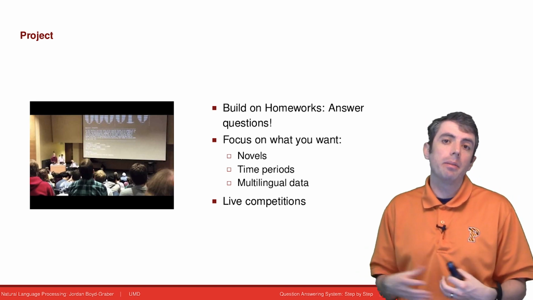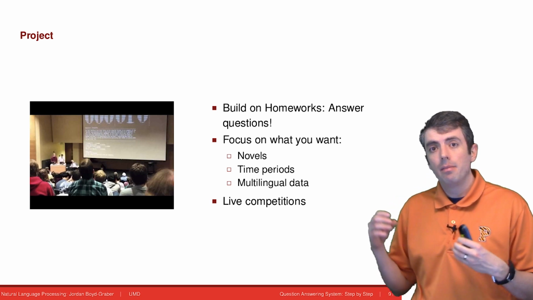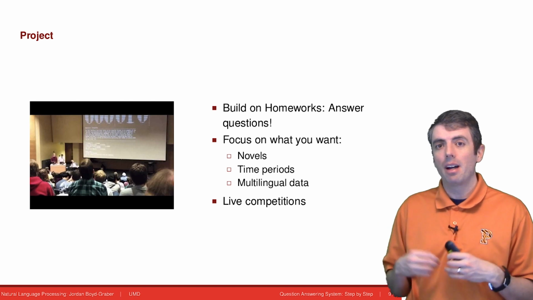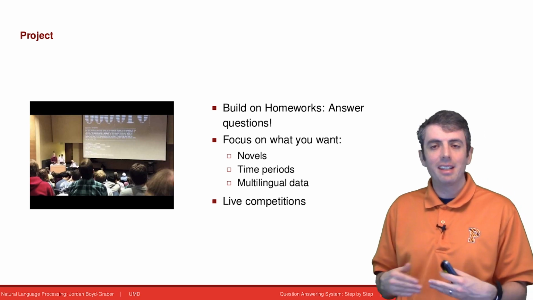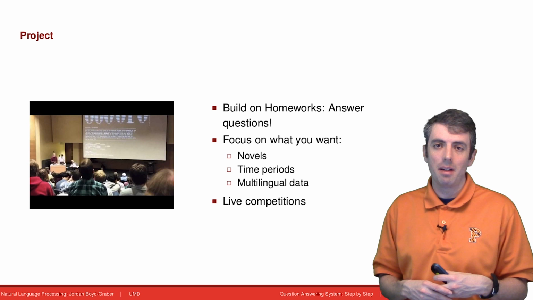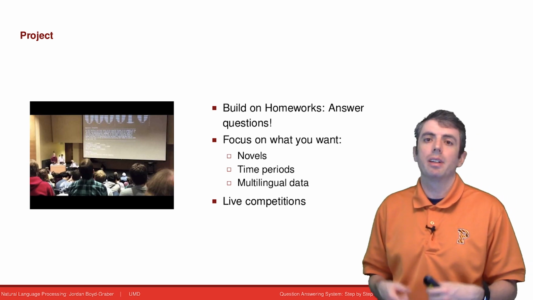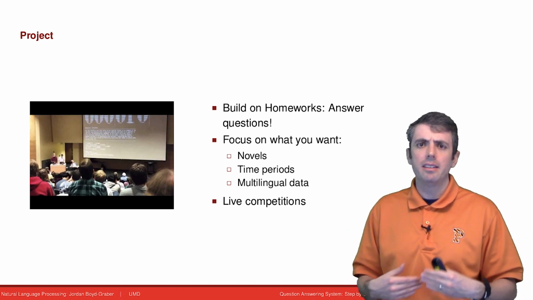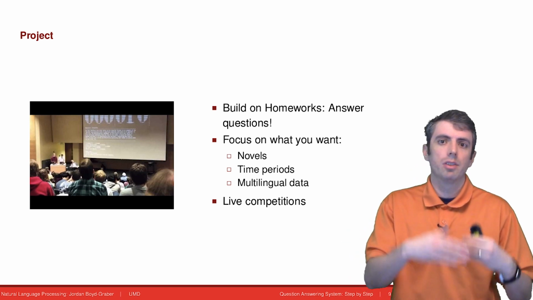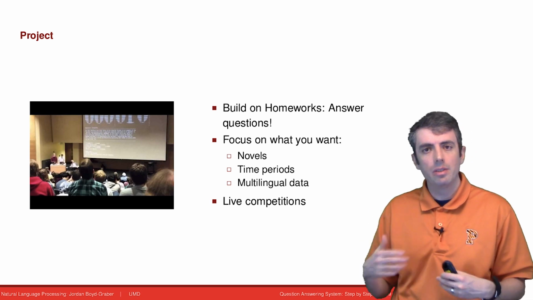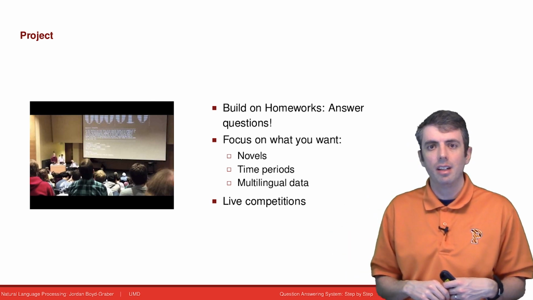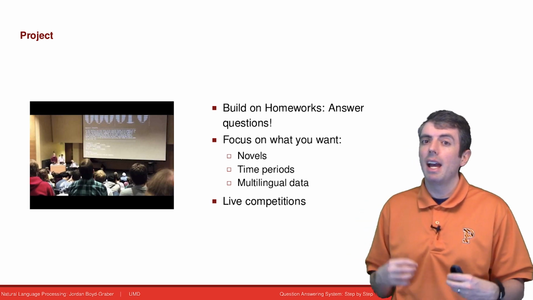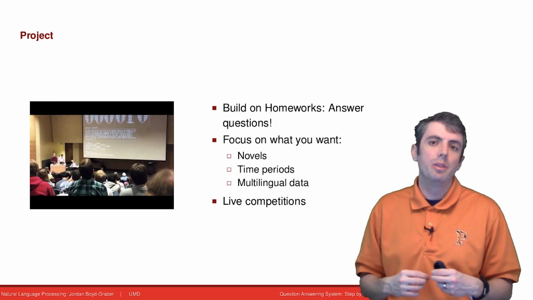One of the things that I like about these competitions is that whatever you care about, there's almost certainly a way for you to fit it into this competition framework. If you care about syntax, you can work on that in the context of this competition. If you care about reinforcement learning, you can work on that in the context of this competition. If you care about digital humanities and you want to use novels to try to answer literature questions better, you can use that in the context of this competition. These models are good, but they could be a lot better,